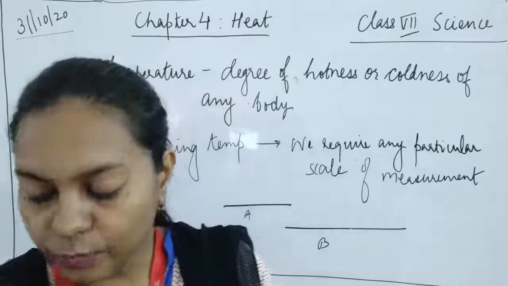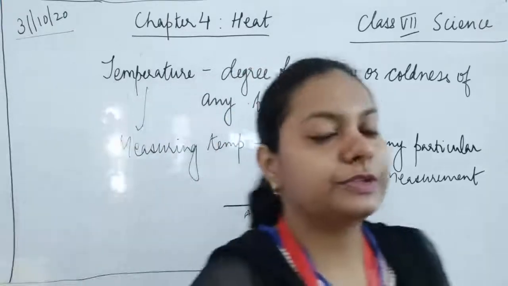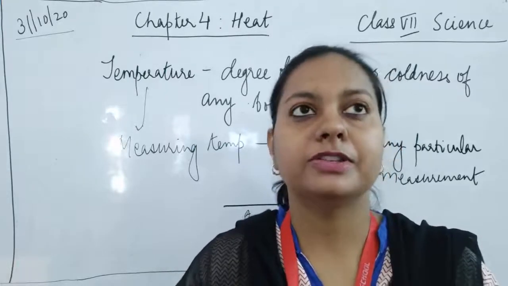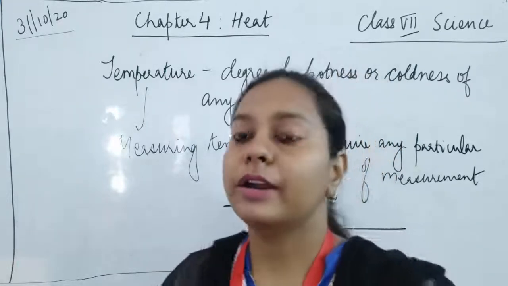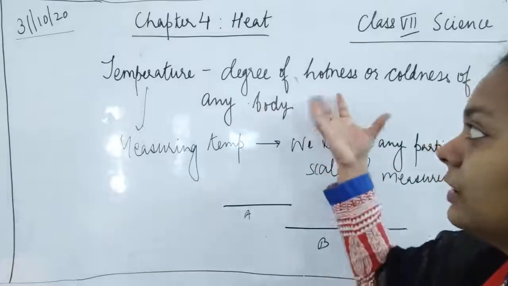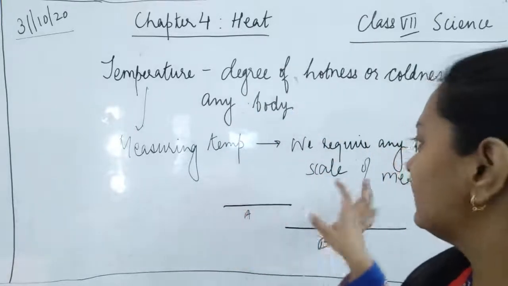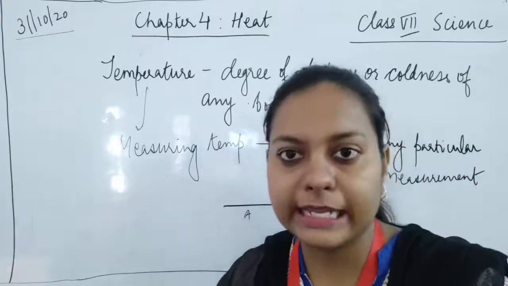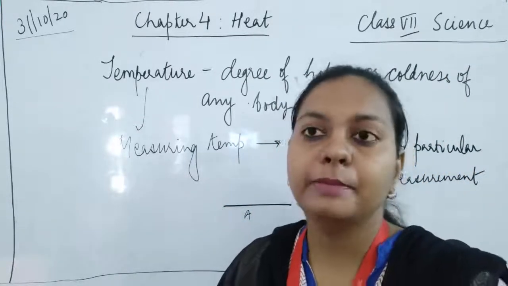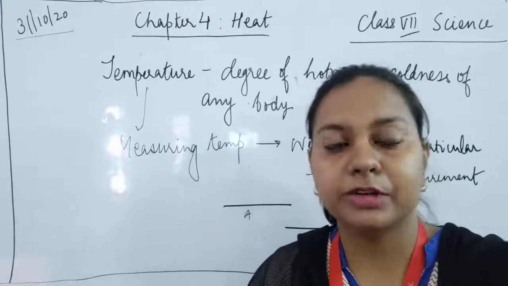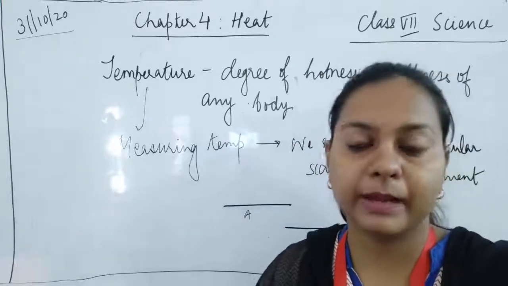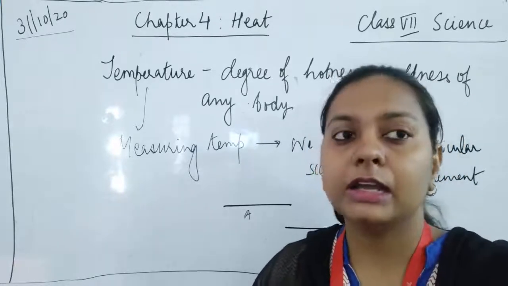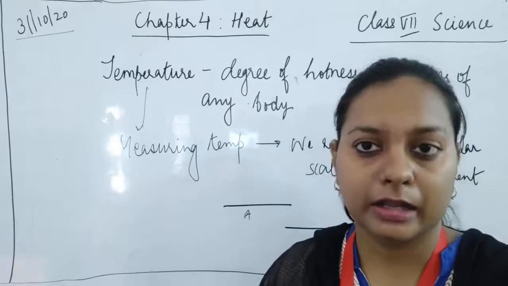With this example, I just wanted to say that if we have to measure any object, its length, breadth, height, or the degree of hotness or coldness, we require a scale. We require a reliable method. A scale indicates a reliable method. So there should be a method that we can apply anywhere, anytime, to get the correct measurement of any object.